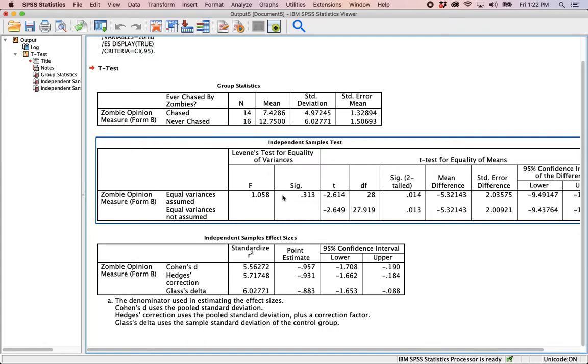So this really tests, it's called the Levene's test for equality of variances. It should really be called the Levene's test for inequality of variance, because if you get a significant result, it means that the variances are not equal. Okay, so anyway,